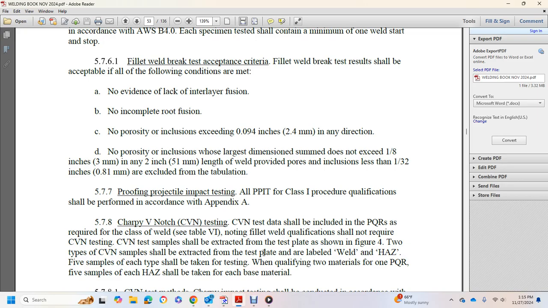The Charpy V-notch testing. Charpy V-notch testing with the data is included with the procedure qualification record, required with the Class 1 weld with the E-table 6, with the noting of the field weld with the qualification not required. The Charpy V-notch samples should be extracted from the test plate, as shown in Figure 4, with the tube type of the Charpy V-notch sample to extract with the test